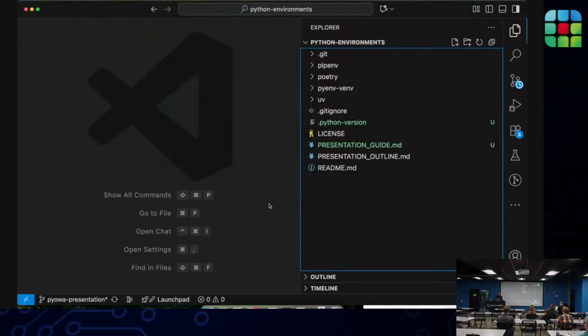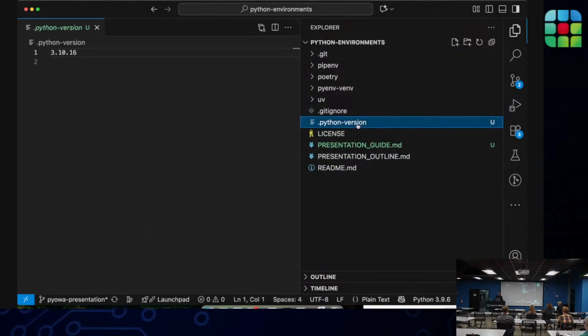So why is that? It's the reason that Joey pointed out earlier. When you run pyenv local instead of version, it creates a Python version file. And it's just a simple text file, and it has the version in it. But pyenv will respect that. It goes through some hierarchy of searching for a version to use, and this is one of the stops along the way. So I believe if we modified this, it would change your local version.